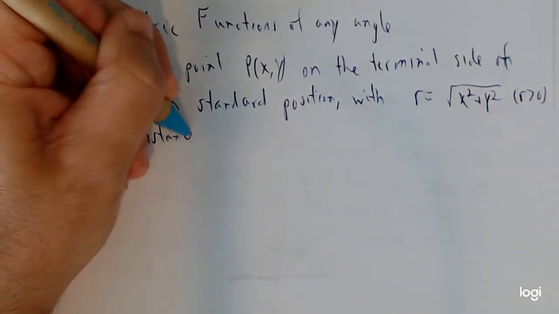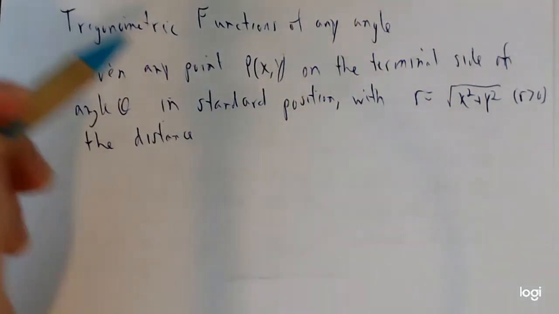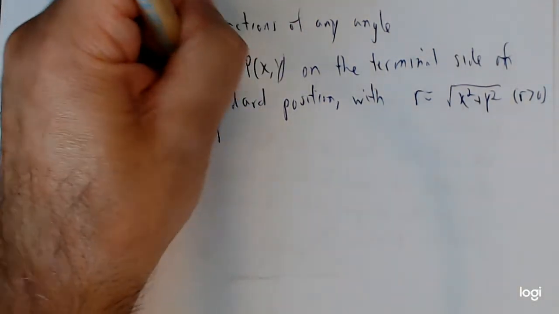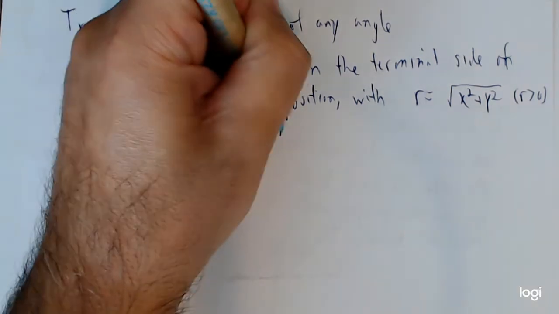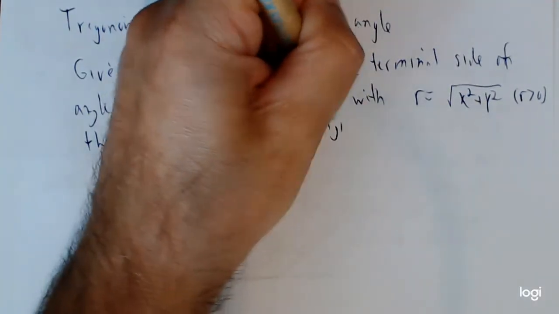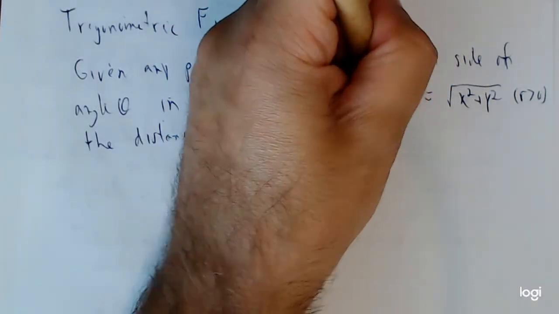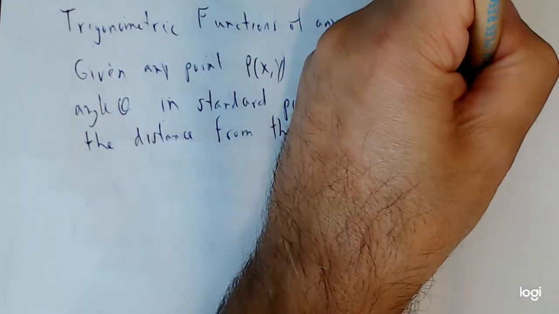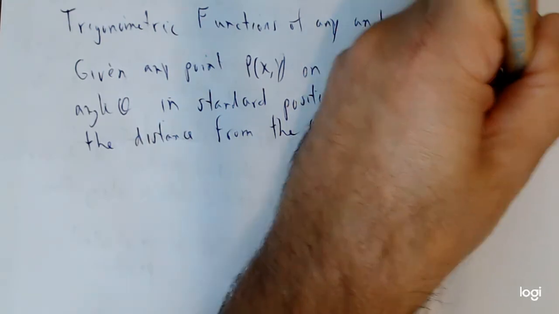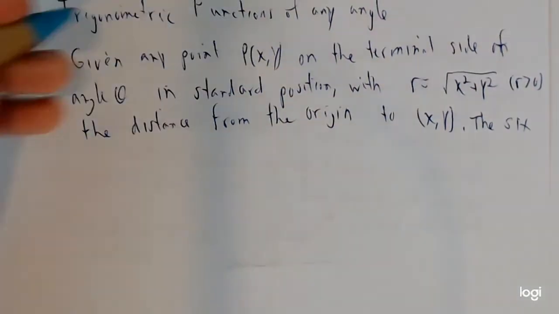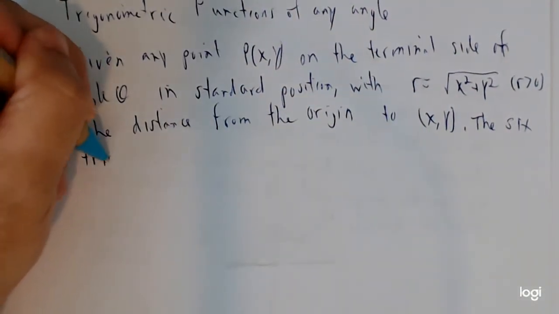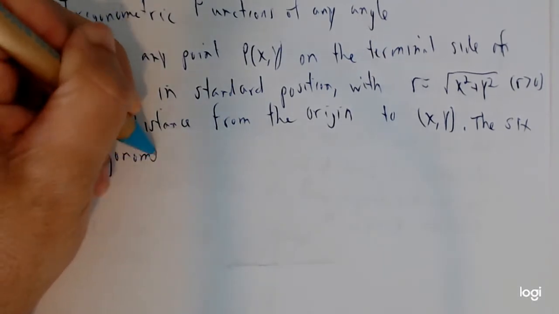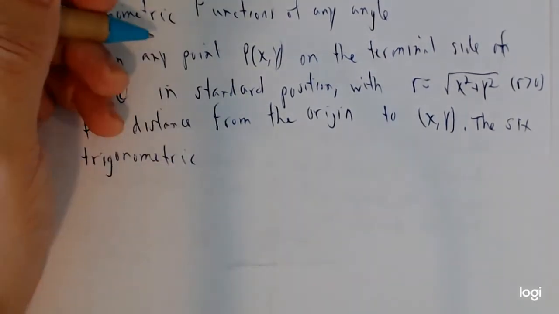And the reason why r is always positive is because it's the distance from the origin to x, y. The 6 trigonometric functions